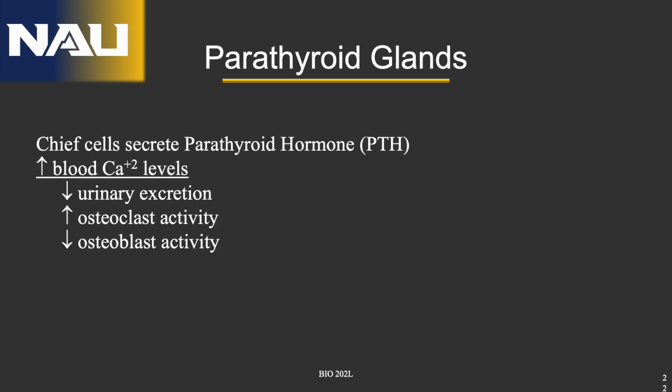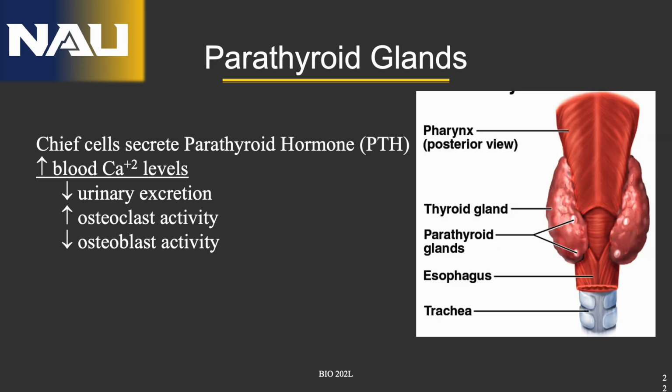The parathyroid glands are 4 small glands located posteriorly to the thyroid gland in the anterior neck. These glands are crucial for maintaining calcium levels in the blood. The parathyroid glands